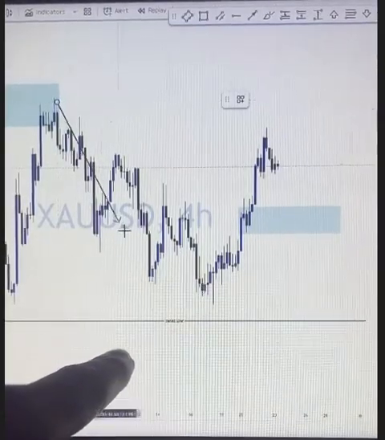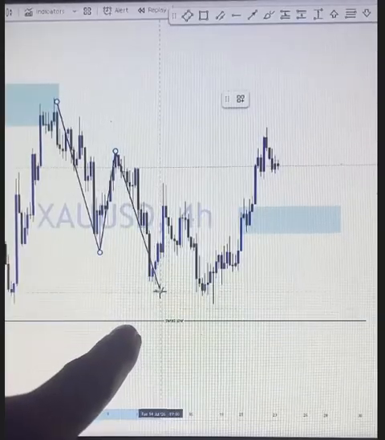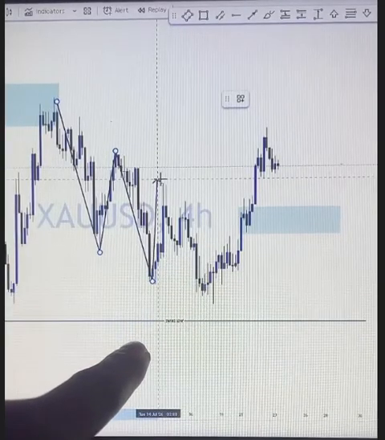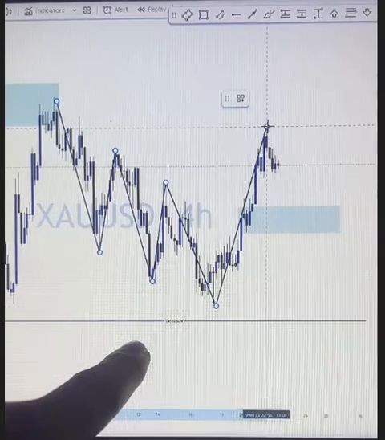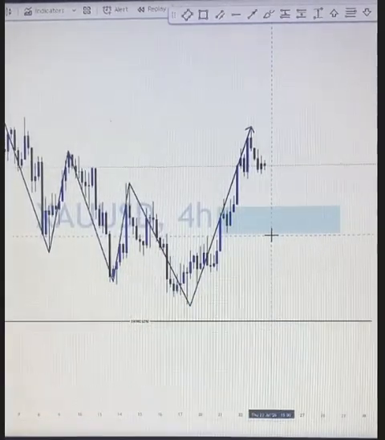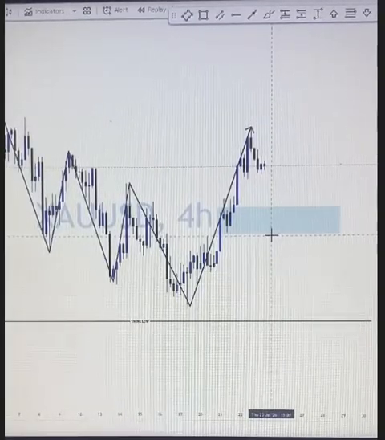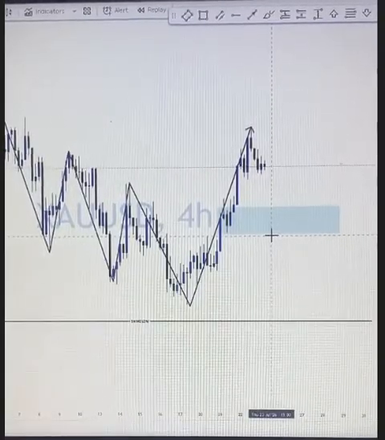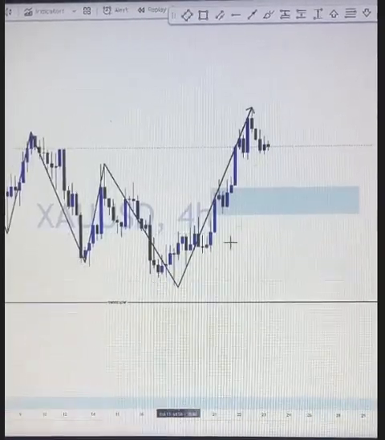Let's follow this structure. This is a breakout. This is a pullback. This is a breakout. This is a pullback. Right? This is a breakout. And this is what? A pullback. Now, on internal structure right here, are we bearish or bullish? Someone said, you are teaching good, sir. Thank you very much. All right, what is our structure right here?